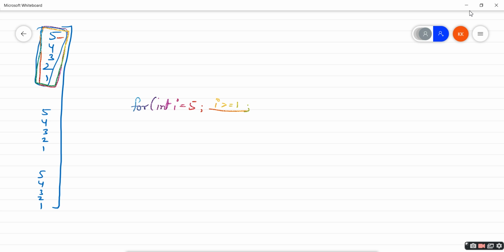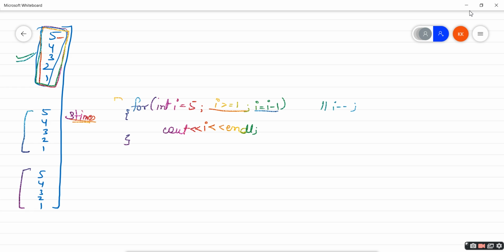And now the increment or decrement part. So we can clearly see here that the value is decrementing one by one, right? So we just need to apply i is equals to i minus 1, which is equals to i minus minus. We can simply write something like this. We are going to learn about these short expressions later, but for now you can use this one. All right. Inside cout, I just need to print the i value. That's it. Okay. So this one is a very easy one. Now we have again this for and the same output but 3 times.